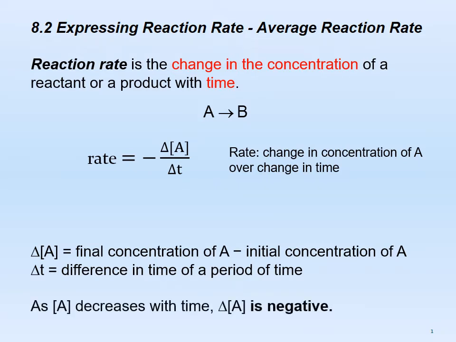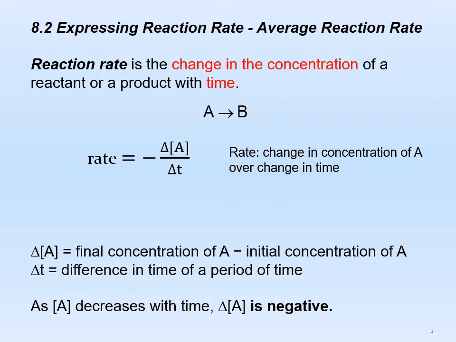The concentration of A becomes lower after some time, since some of A is converted into B. The numerator is negative since a larger initial concentration of A is subtracted from a smaller final concentration of A. If the numerator is negative and the denominator is positive, the fraction delta concentration of A over delta T is